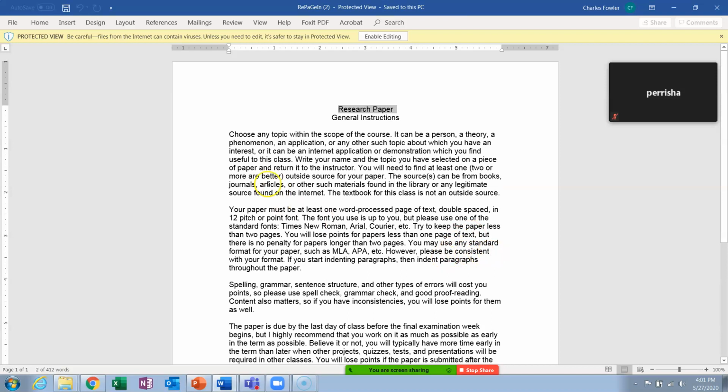If you start blocking paragraphs, block all your paragraphs. If you start indenting your paragraphs to here, indent all the paragraphs to there. If you start in Arial font, don't change to Times New Roman in the middle of the second paragraph or anywhere. If you italicize for emphasis, that's fine. But make sure it's for emphasizing, not writing your whole paper in italics, okay? Be consistent, okay?